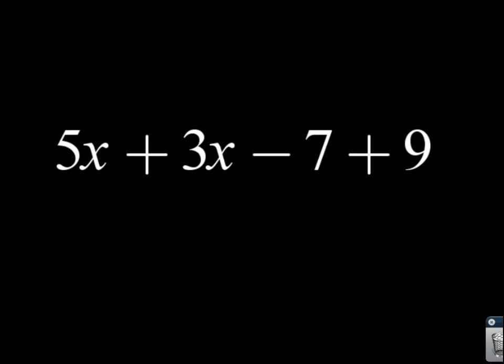Now, hopefully you have your graphic organizer, you filled that out, and you understand that a variable expression is just a math sentence that has variables in it. Okay, so notice there's no equal sign. We are not making this equal to something. Okay, equal just means same as. We're not using this to solve. We're just going to simplify, okay? And when we do these, we're just going to make it shorter. So instead of 5x plus 3x minus 7 plus 9, we're going to combine the parts here